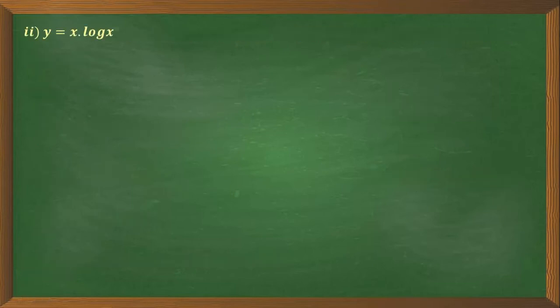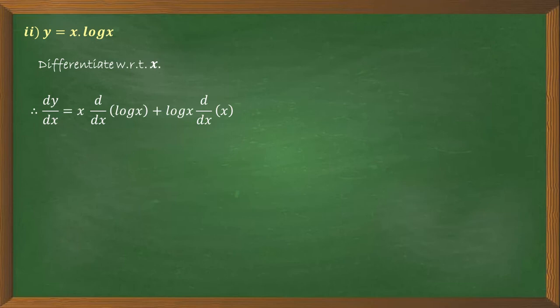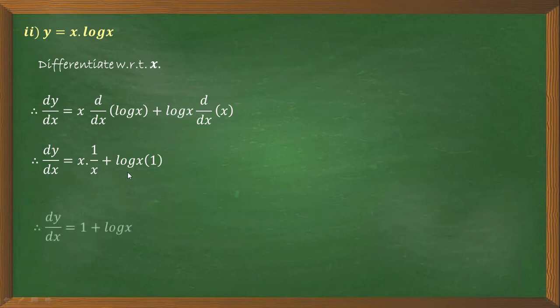Now see another question. If the function is given y is equal to x into log x, again same method, differentiate with respect to x. By u into v rule we get this step. See this properly, x into d by dx of log x plus log x into d by dx of x, all the derivatives are known to you. See here, x as it is into derivative of log x is 1 upon x plus log x as it is into derivative of x is 1, and hence by cancelling this we get 1 plus log x.